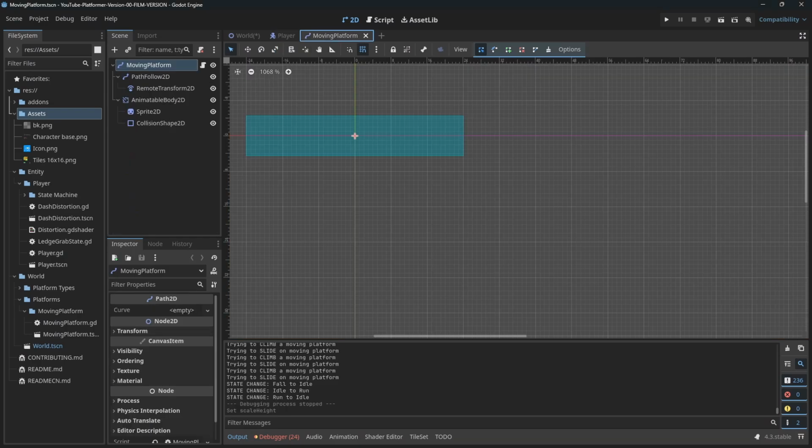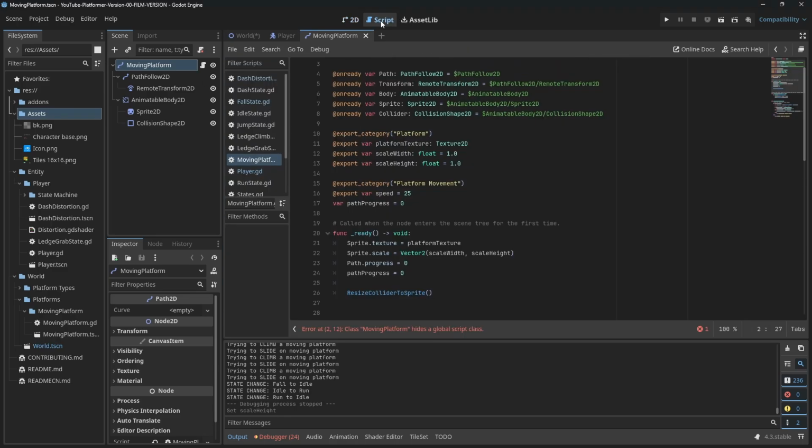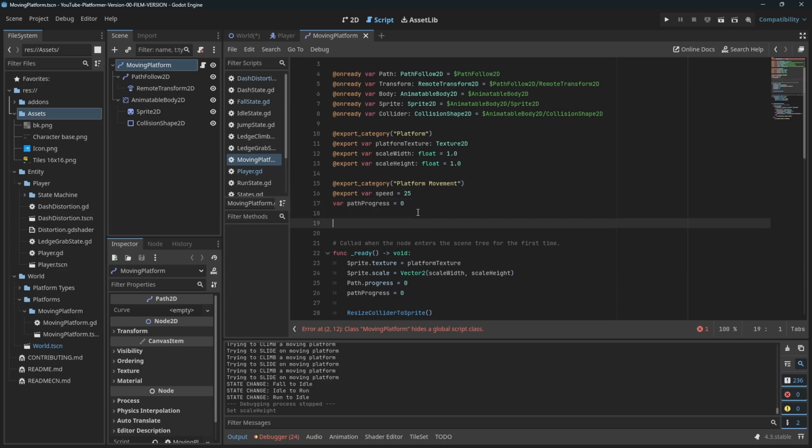Alrighty, so first things we're going to do is we are going to go into our moving platform, and we're going to add a few things to this. So we've got our path progress right here. Perfect. We're going to add 4 vectors. So let's go, previous